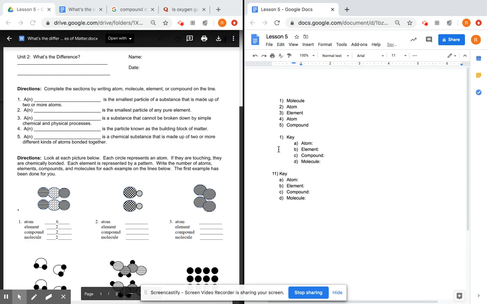I want to talk about number 1 because the answer key, for some reason, the example has a mistake, so I want to show you that corrected. For atoms, we count 6 atoms, right? 1, 2, 3, 4, 5, 6 circles, so that was going to be 6. Elements, I see the stripy ones, and then I see 2 of these ones with like the brick pattern, so 2 different types of elements, right?